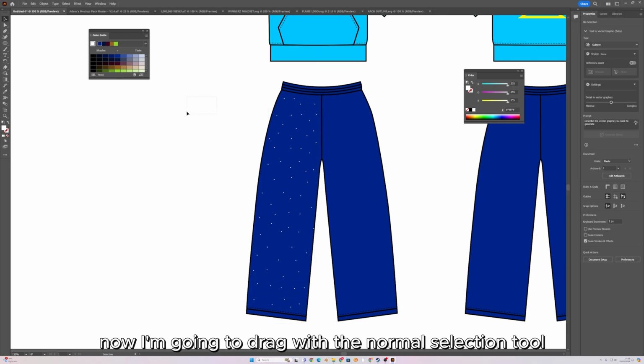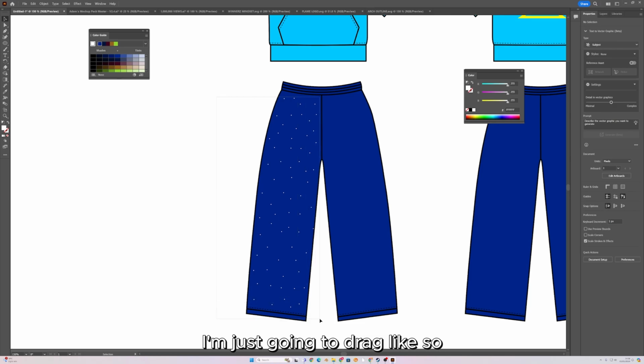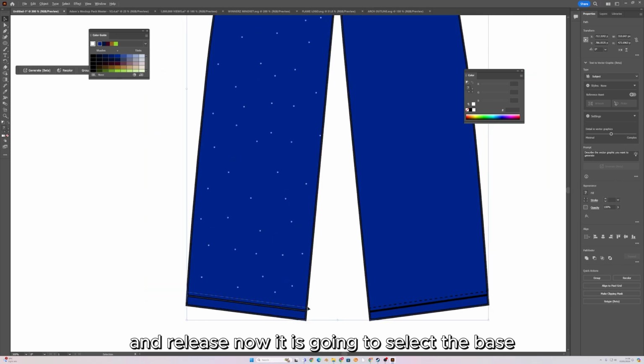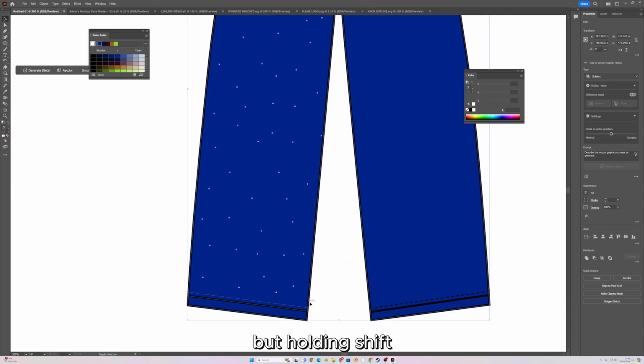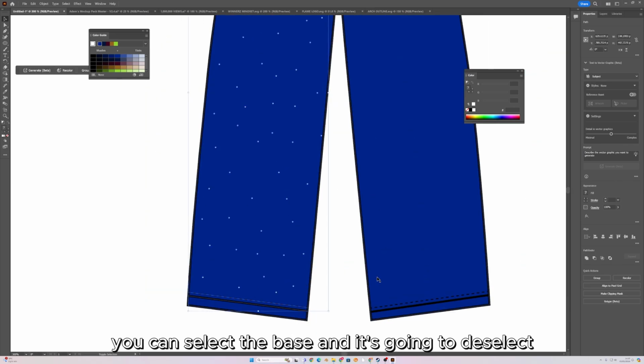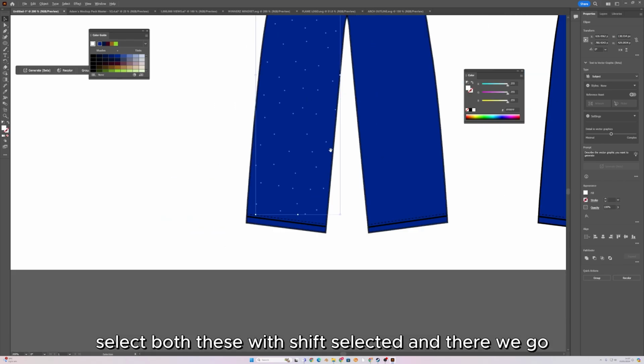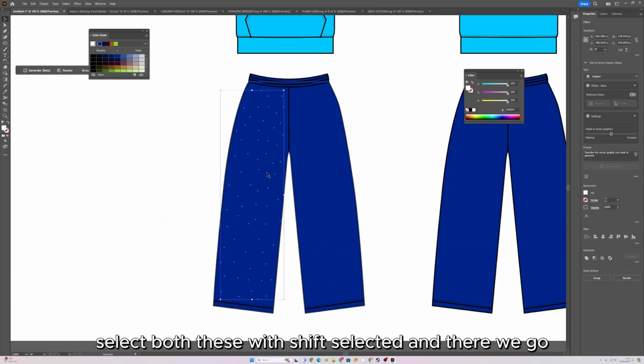Now I'm going to drag with the normal selection tool. I'm just going to drag like so where all of my rhinestones are and release. Now it is going to select the base, but holding shift you can select the base and it's going to deselect it. It has also selected these stitch lines, so I'm going to do the same, select both of these with shift selected, and there we go. Now I just have the